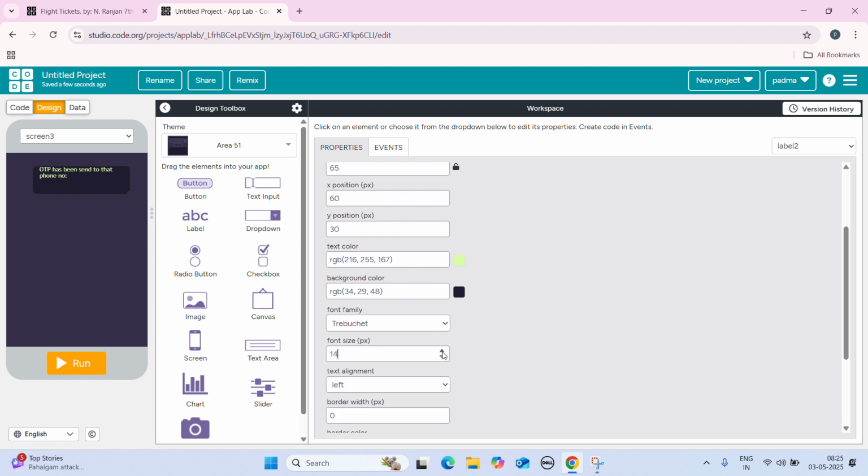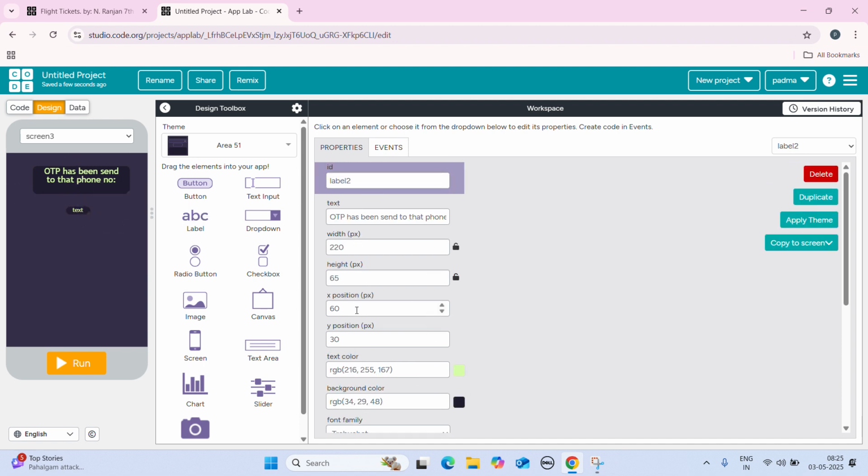And I am keeping this font size 18 in center, a little bit larger. This is fine, and take another label and set the label 2 width, which is 220,